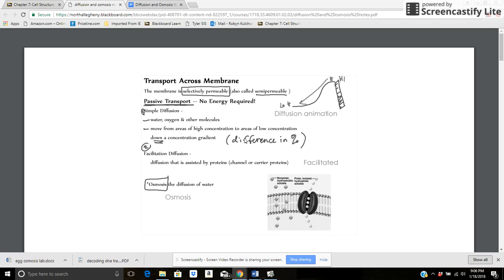So if we're talking about sides of a cell membrane, maybe on one side the concentration of salt is 5, on the other side the concentration is like 35. That's a really big concentration gradient compared to, say, 5 on one side and 7 on the other side. So we're still going to have some movement with the 7 and the 5, but it's just not going to